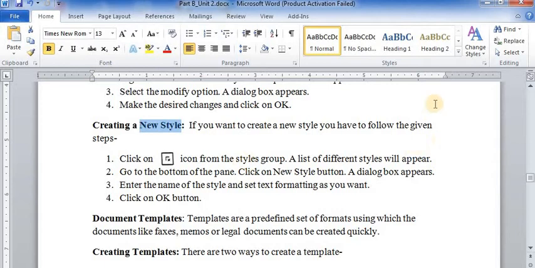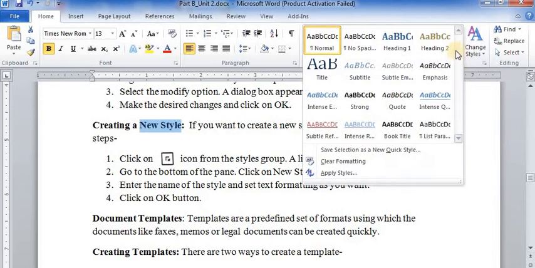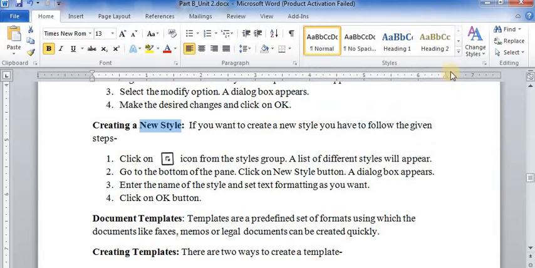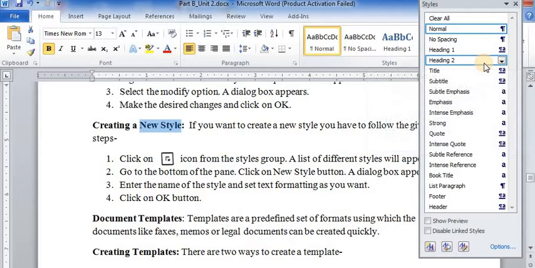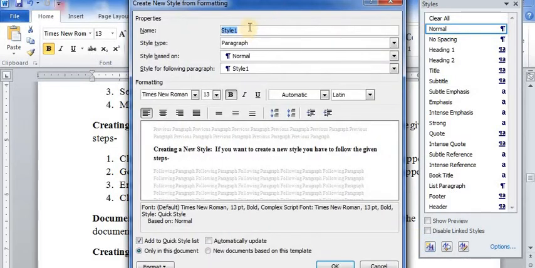Now next one is how to create a new style. It's very simple. In the Home tab, in the Styles group, click on this arrow. Click on this arrow, now you can see the Create New Style option. Click on this. Now write down your style name.